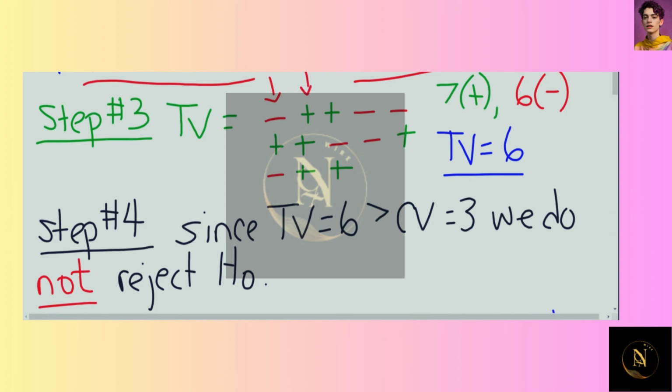So we continue to go through the data, and going straight across that first line of data, we have a minus, a plus, and then two minuses. In the second line of data, we have two positive values, then two negative values, and a positive value. And in that third line of data, going from left to right, we have a negative, a plus, and a plus. All right, so those are going to be your signs for your data points as compared to the median. So when you go ahead and count up what you have,